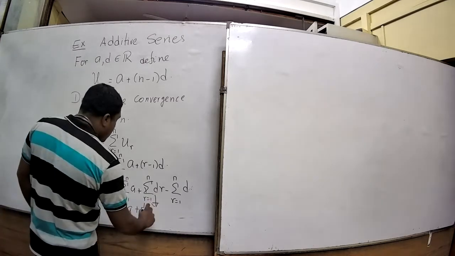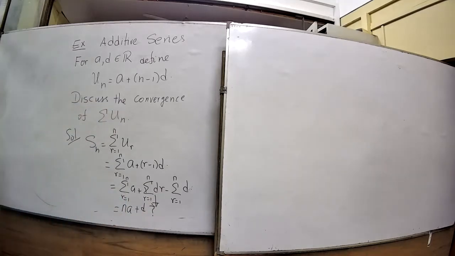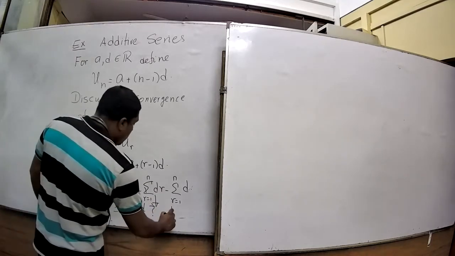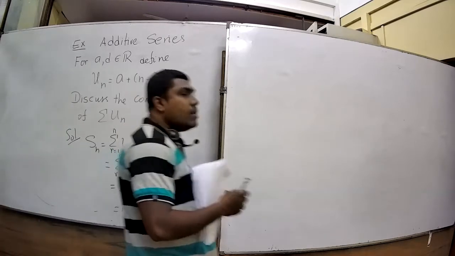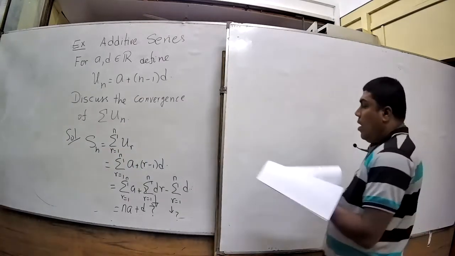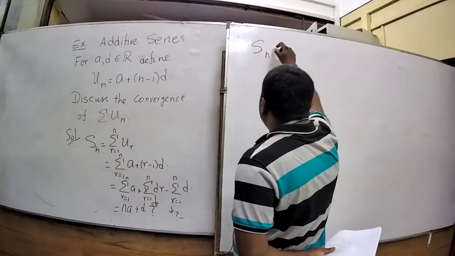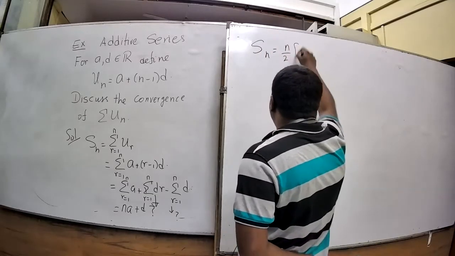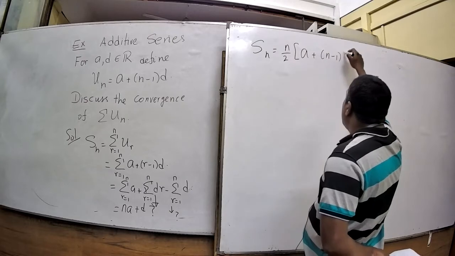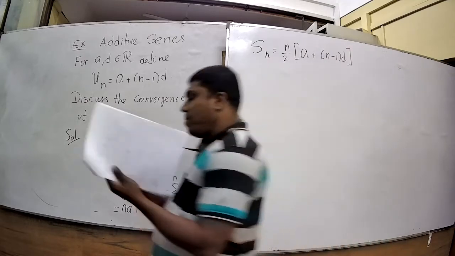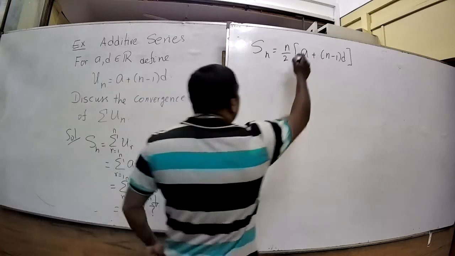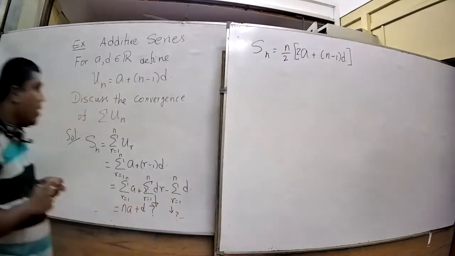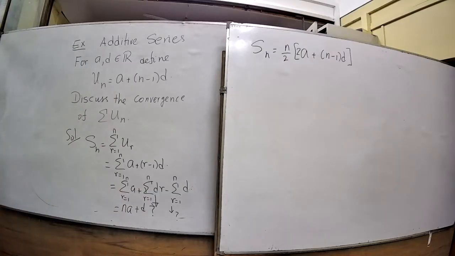So this is a very simple exercise. For the first time I write it down; for the others, I just leave it for you to check, right? It's very simple. So basically, Sn is n over 2 times 2a plus n minus 1 into d. If you simplify all of them, you get 2a, taking out this, okay.